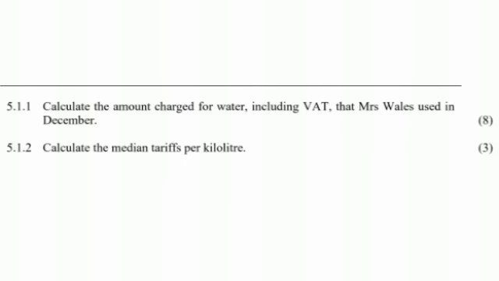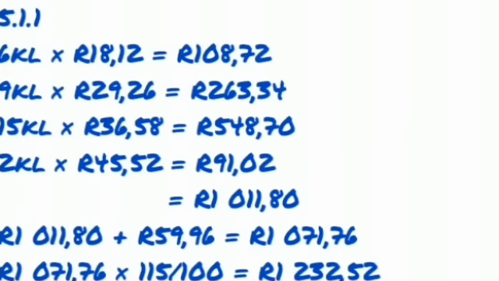So going back to 5.1.1, we are calculating our tariff system, starting with the first kiloliters at 18 rands 12 cents. You multiply the 2 amounts together, they give you 108. And then you go to the second row of 9 kiloliters at 29 rands 26. You multiply them together and they give you an answer. You keep doing this until you can account for the full 32 kiloliters that you used for that month. And then in the end you will have used